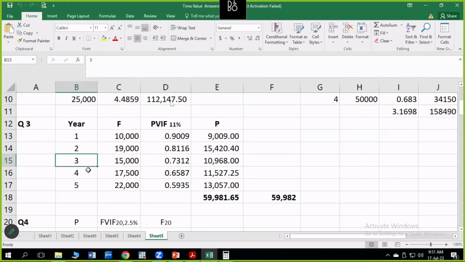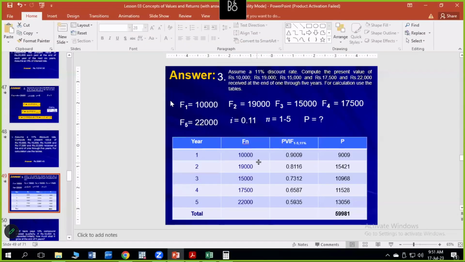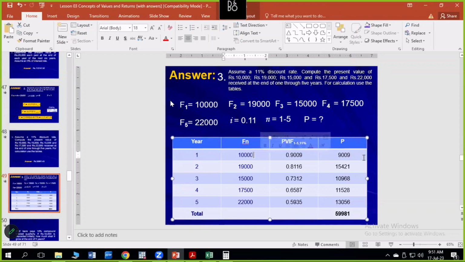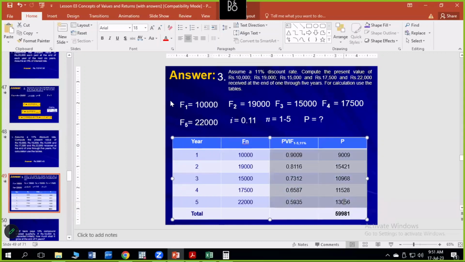So you want to put the F values in the second column, and the present value factor at 11% you want to obtain from the table, then multiply each and obtain these results. So in this way you can have your answer. So it is presented here. So what you can do is that everyone